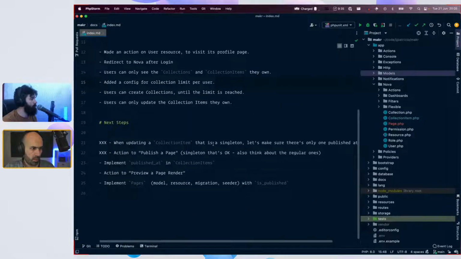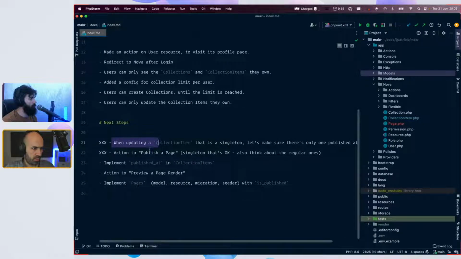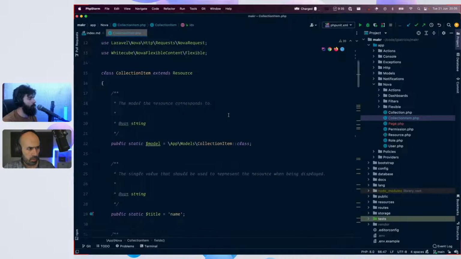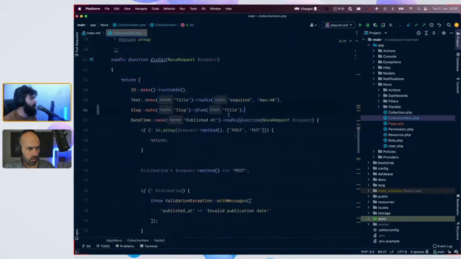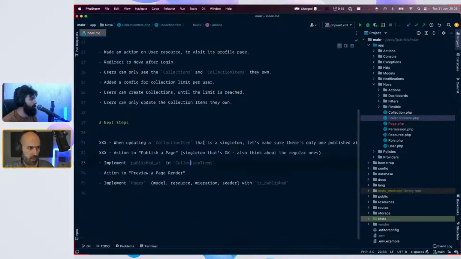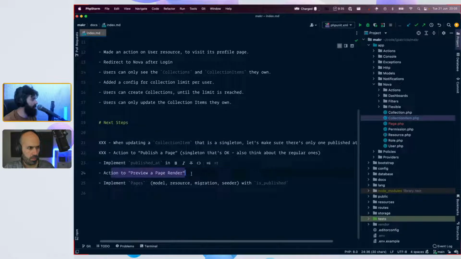When updating a collection item that is a singleton, let's make sure there's one published, so it's exactly the same. Don't we have that? We have that, but that rule probably does not apply right now. Oh yeah, it's not done. Yeah, we need to revisit that.